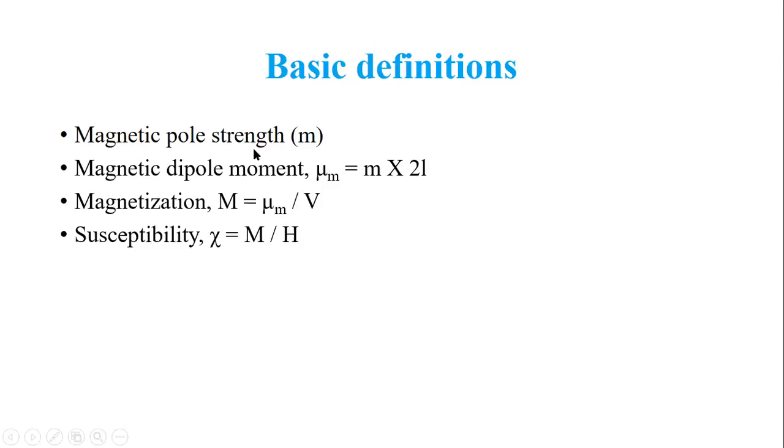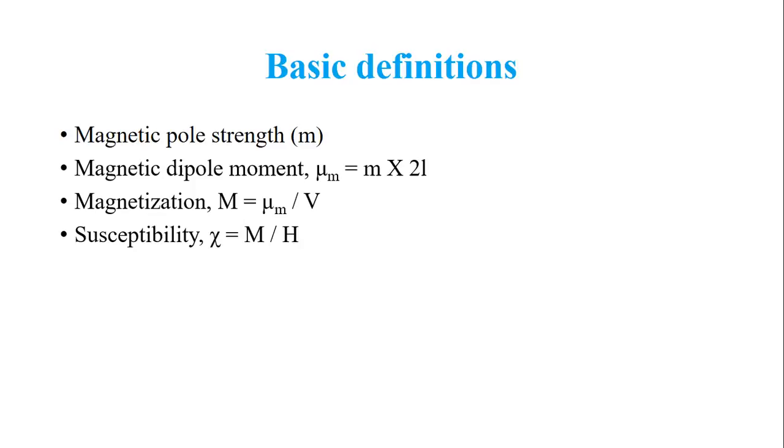So magnetic pole strength is the force with which the pole of a bar magnet is either attracted or repelled by a pole of a different bar magnet. So you have bar magnet 1 and bar magnet 2. So consider north pole of bar magnet 1. It will be repelling or attracting a pole of bar magnet 2 with some kind of force, when these two bar magnets are placed at a unit distance. So this is what we call the magnetic pole strength, and this magnetic pole strength multiplied by the magnetic length.